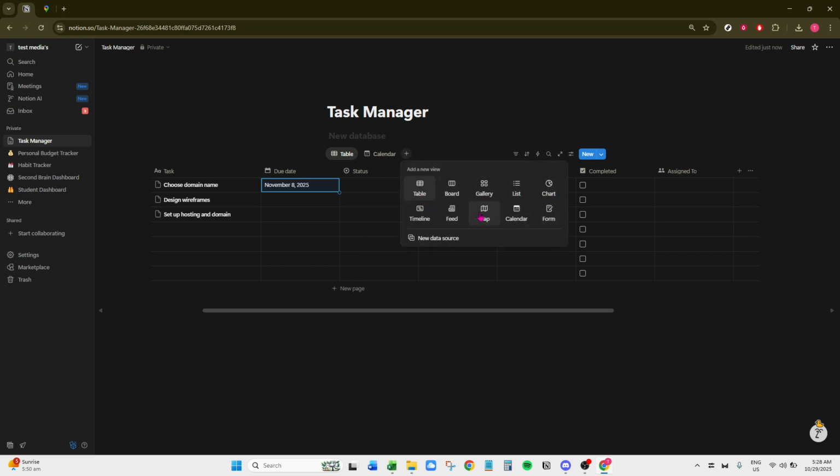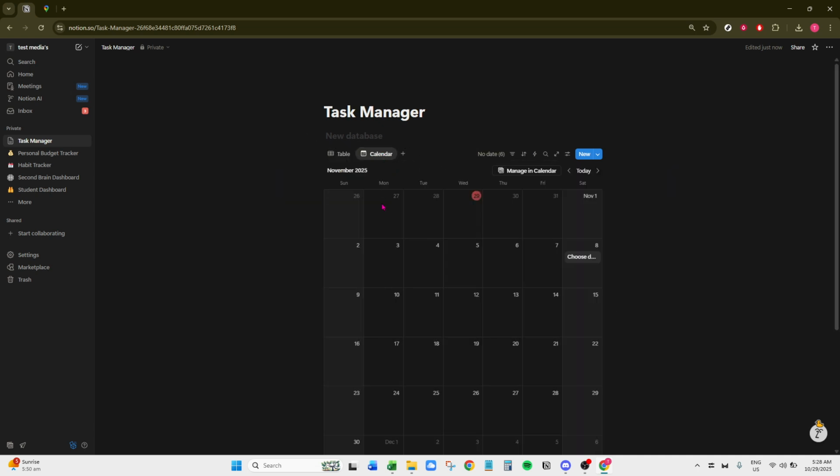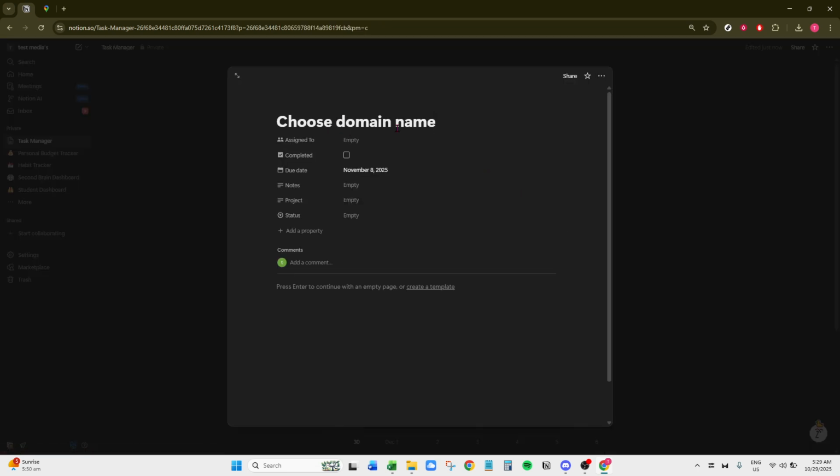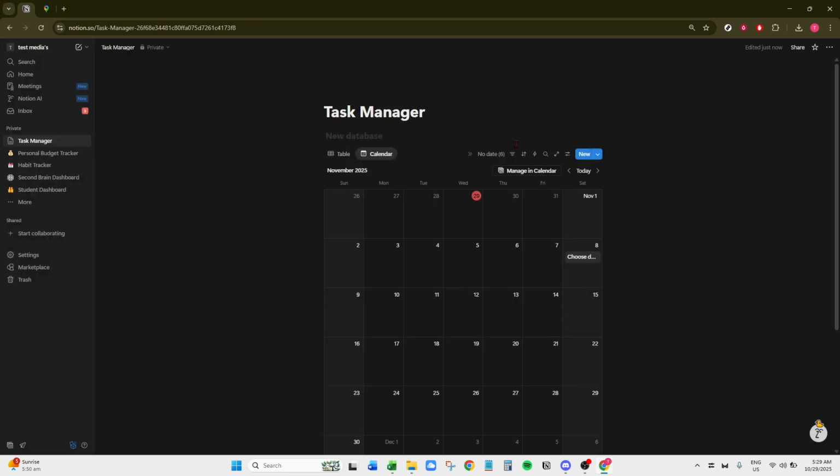Adding a calendar view is another excellent feature that Notion offers. This is especially helpful for visualizing when tasks are due. You can easily drag tasks to different dates in the calendar view, which will update the due dates in your table automatically. To add a new task, just click on the New button, usually found at the top corner of